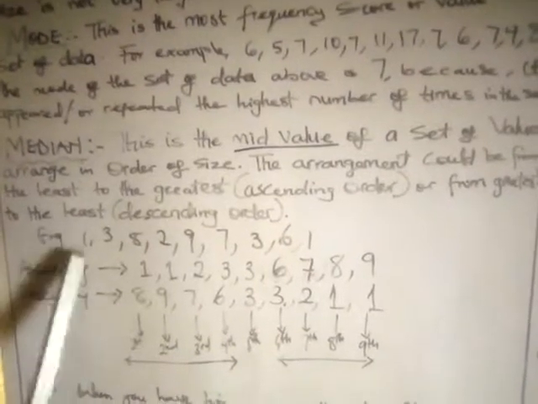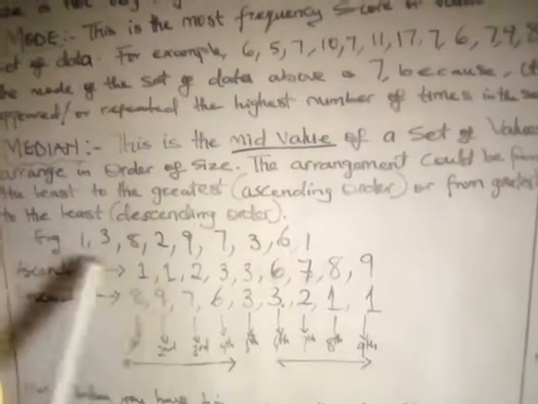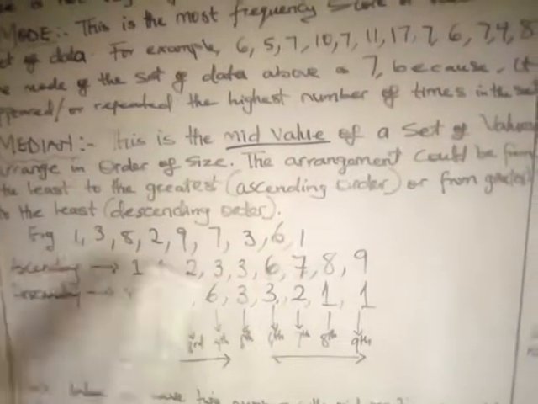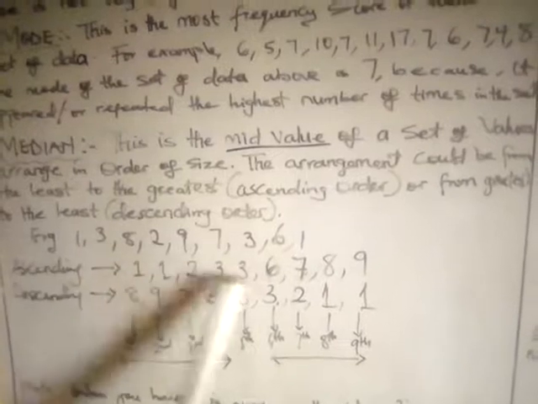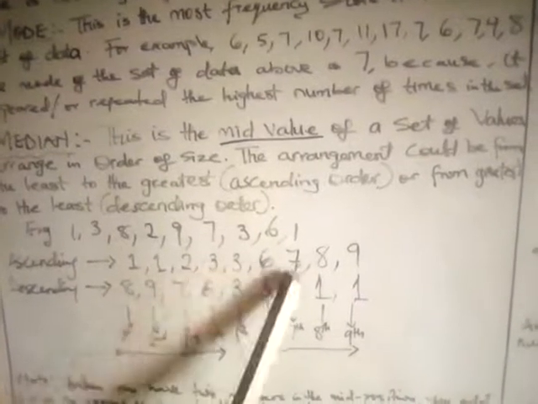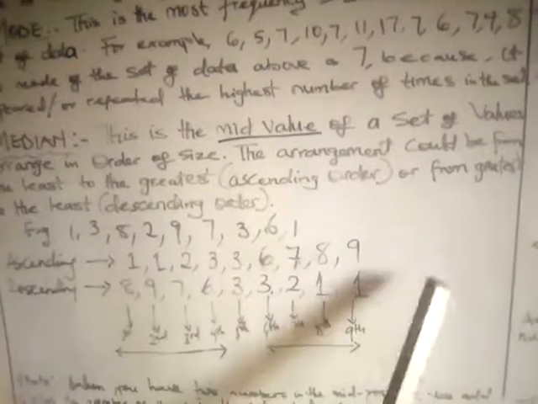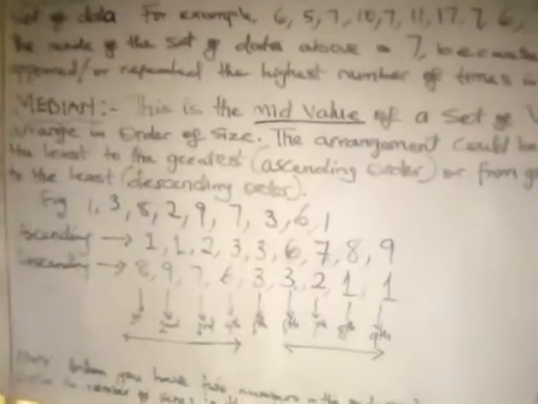So we have this in ascending order. You have 1, you have another 1, you have 2, you have 3. How many times do we have 3? We have 3 times, so it shows 3 times 2. How many times do we have 6? Once. So we have 7 once, we have 8, and we have 9. So after rearranging, then you are good to go. That's the first step. Then perhaps you want to make it in a descending order, so you